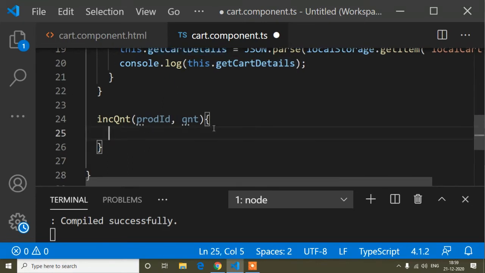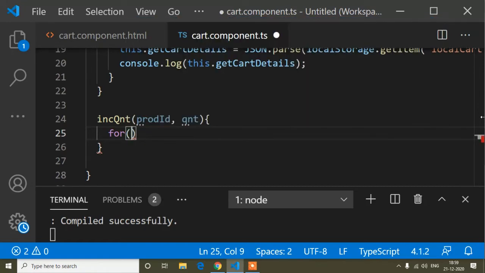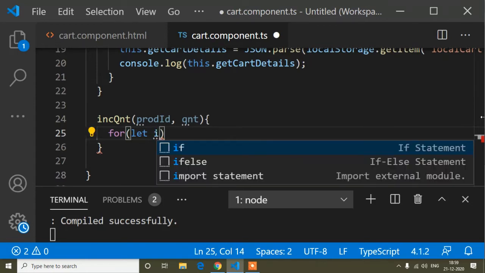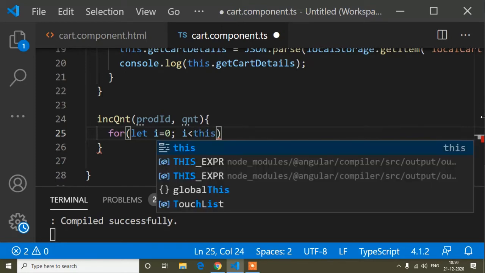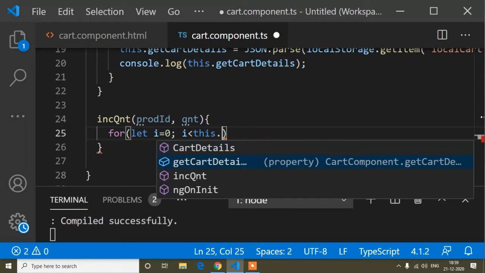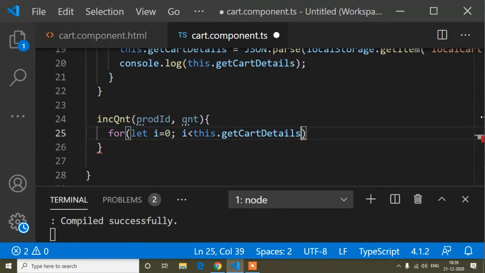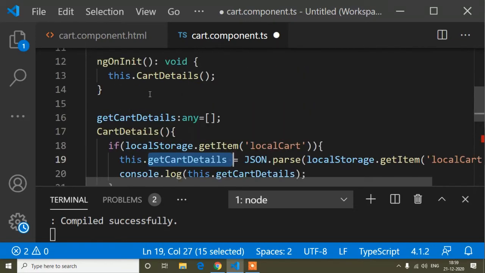So here I just have to write a for loop. For, and I will explain why I am writing the for loop. For let i equals 0 and i less than this dot get card details variable, I mean this variable, this one.